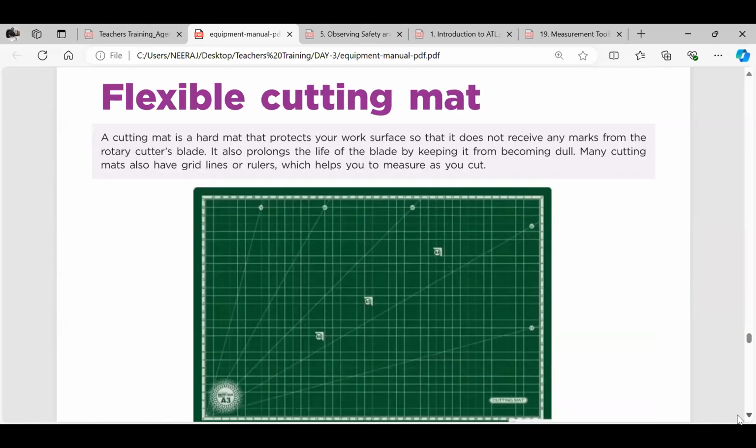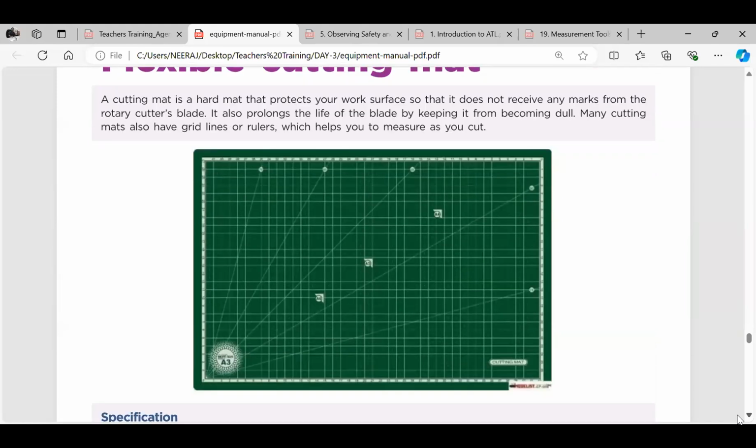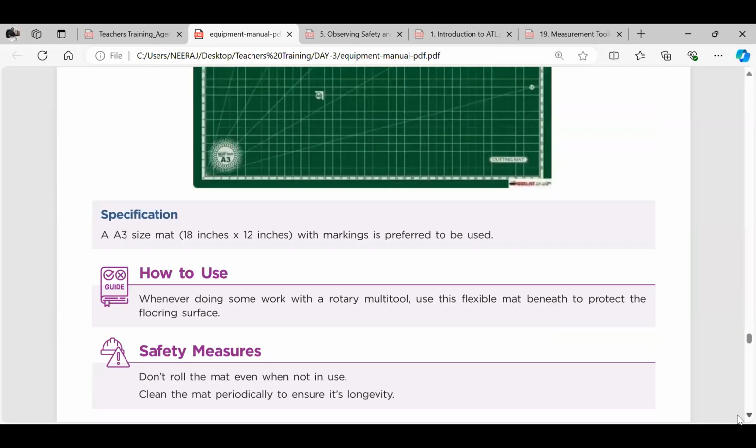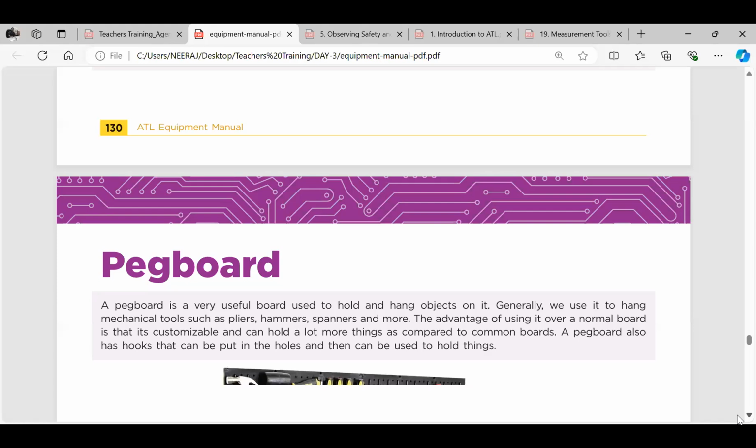So if you are creating any project, you can use this flexible cutting mat. You can put your objects over here. Then marking is also there. Then the next is we have